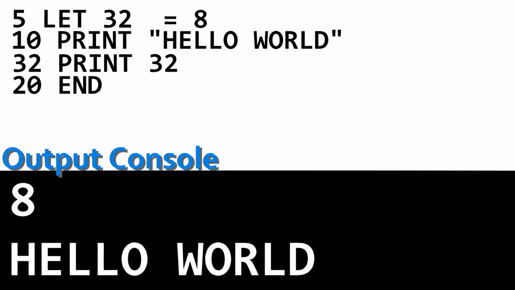So in this code, we set 32 to 8 on line 5, and since 8 is the next lowest number, it runs that line first instead of line 10. Line 20 ends the program, and since 32 itself is larger than 20, if we don't redefine 32 as meaning something lower than 20, line 32 won't run at all. If we redefine 32 as meaning something lower than 5, it won't run line 32 either, since you would have already passed it. Okay then, this is really abnormal.